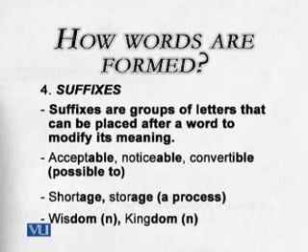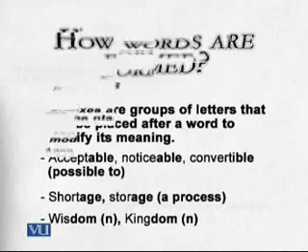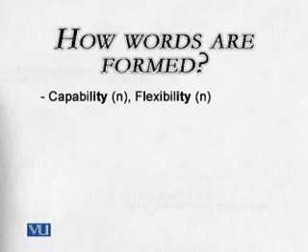Then another keyword is short, and age is the suffix, keyword plus age put together, shortage, or store, storage. Then there is wisdom, then kingdom. In both of these cases, DOM is the suffix and new words are there. Then capable, from capable to capability. So ITY, and in the word flexibility, again ITY will be, of course, a suffix, and new words are there.